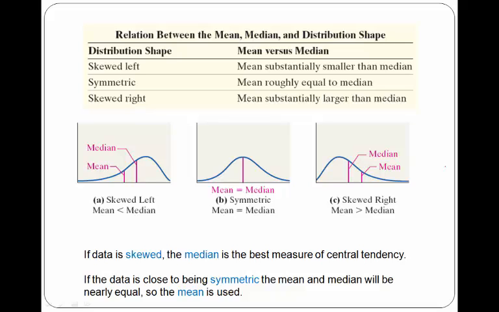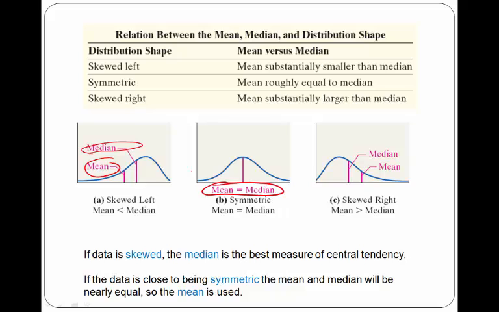And remember, we talked about the distribution of data in a previous presentation. If the data is skewed left, then the mean is going to be to the left of the median, and the median is going to be a better representative number of the data. If you have symmetric data, meaning that it's pretty much bell-shaped, then your mean and your median are going to